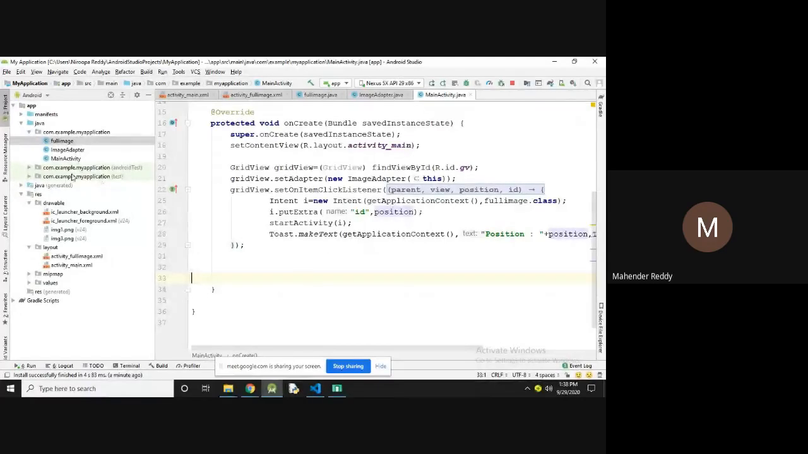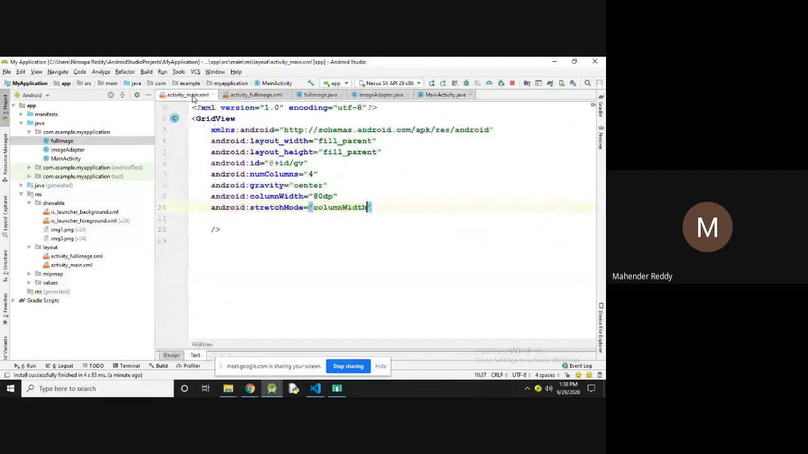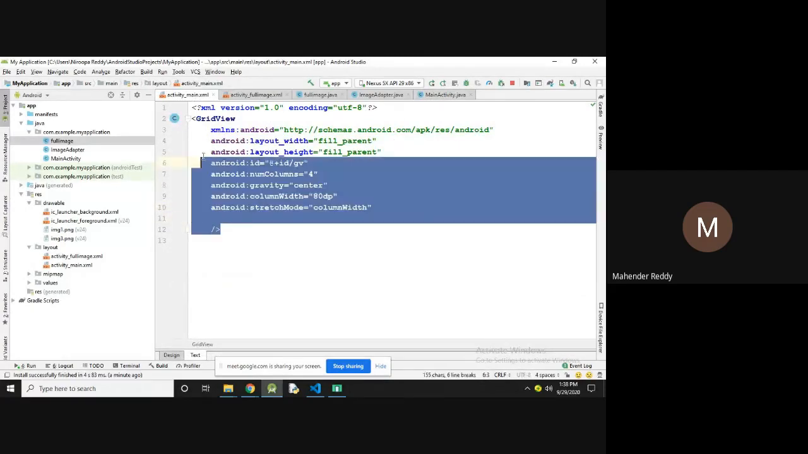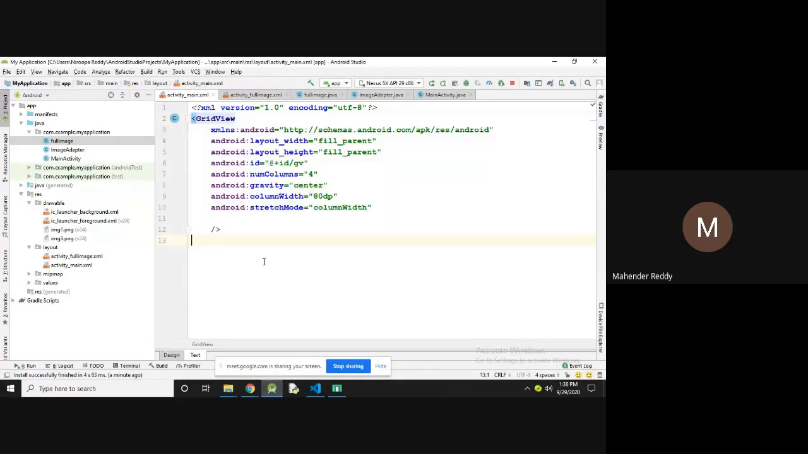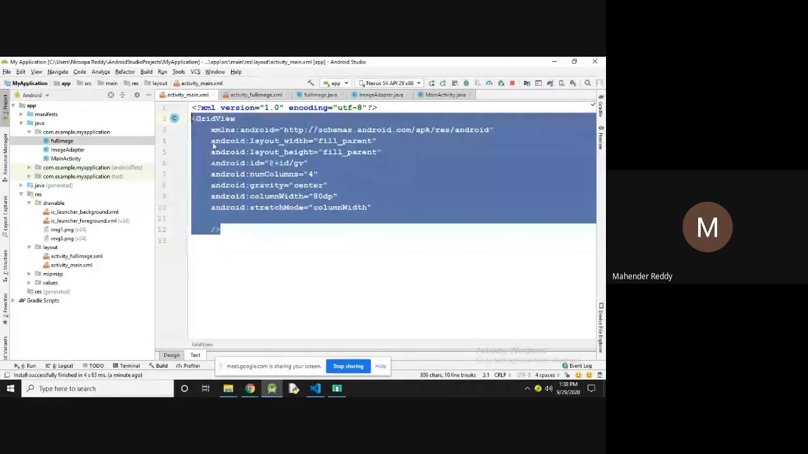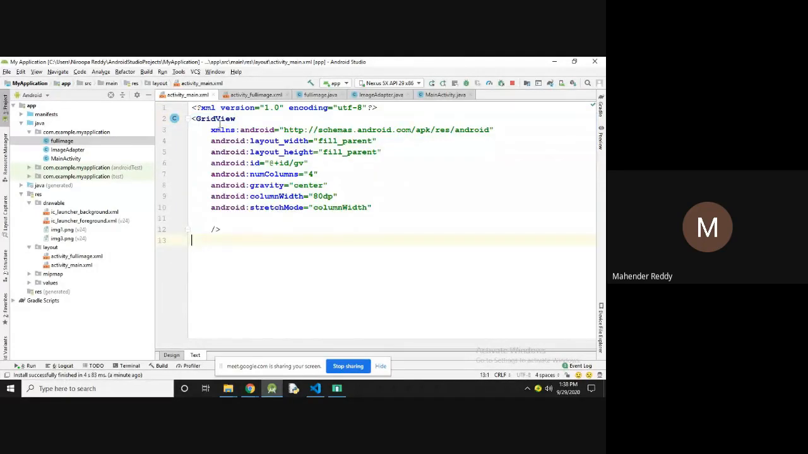So in the grid view, I'm going to explain it within 3 minutes. First, you have to create the grid view. Okay, first create the project, a simple project. After that, delete the layout. So after deleting the layout, create the grid view as the entire layout. Okay, grid view, and